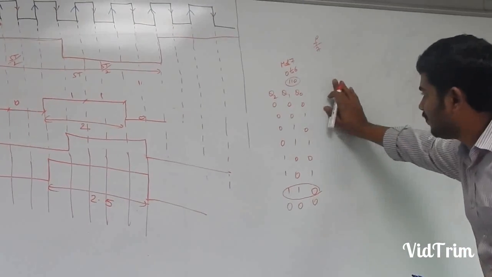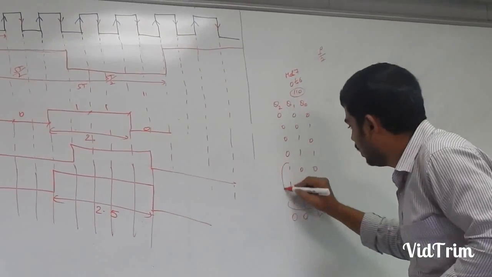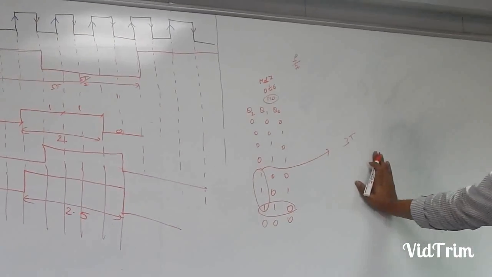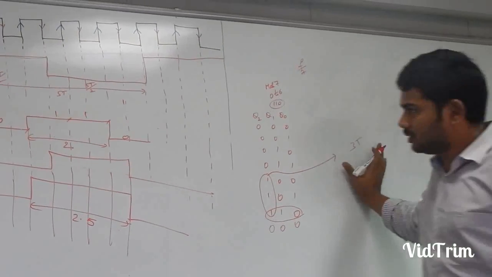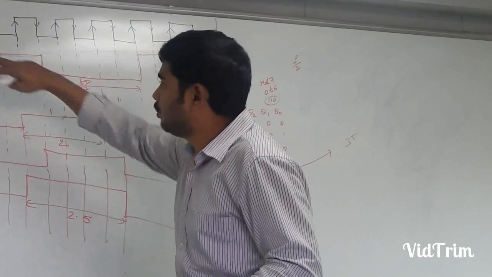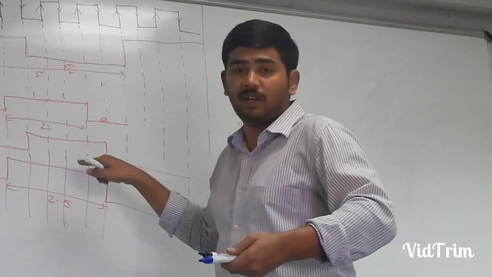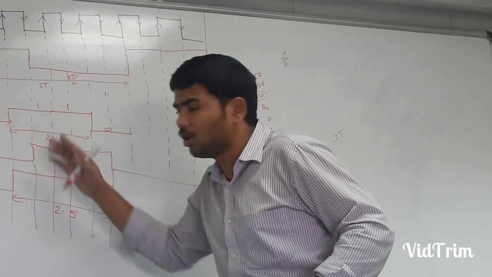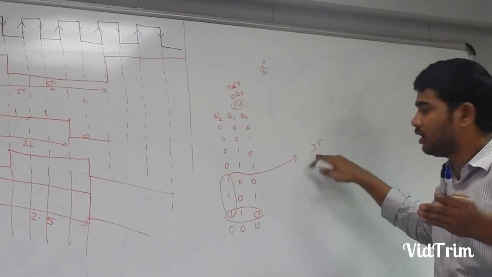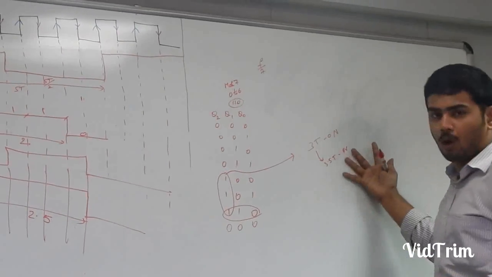So clearly you observe, by taking Q2, already 3 ones are there. That means 3T is already there, 3 clock pulses on. Similarly, in mod 5 also 2 ones are there, meaning 2 clock pulses already. For f by 5, 2.5 on means I should make this 2 into 2.5, meaning I delay it by half clock and OR it. Similarly here, 3T on is already there, but what I need is 3.5T on. So what will I do?